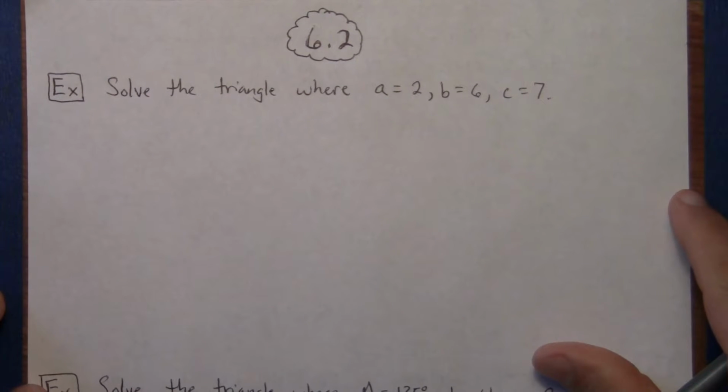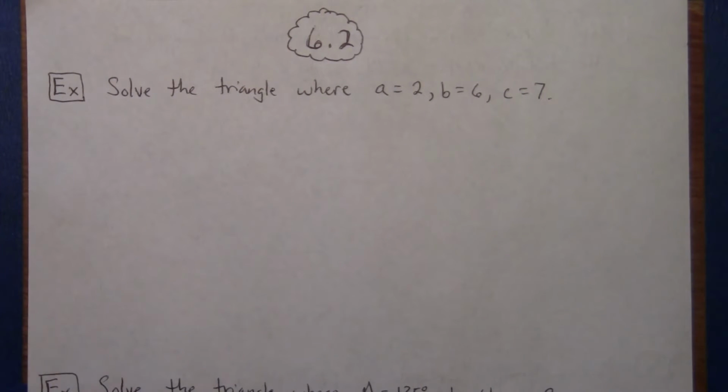Section 6.2 deals with the law of cosines. Although you're going to have the advantage of doing your homework knowing that you should probably be using the law of cosines, you're not going to know that on the test. So make sure that you identify when to use the law of cosines over